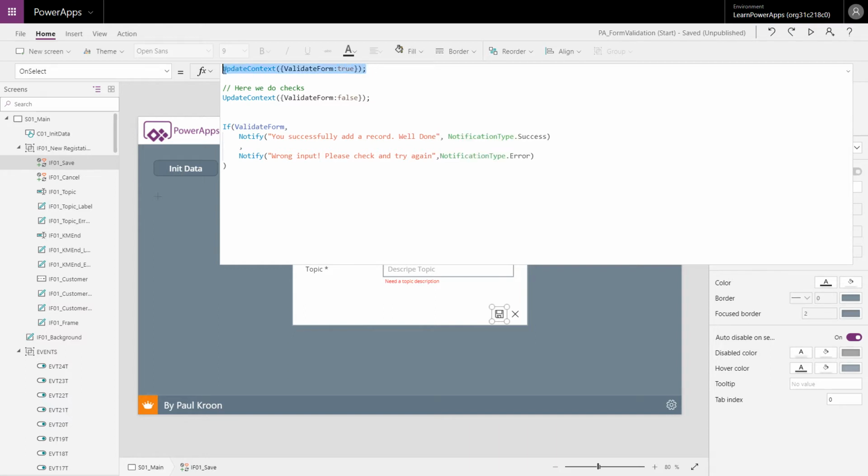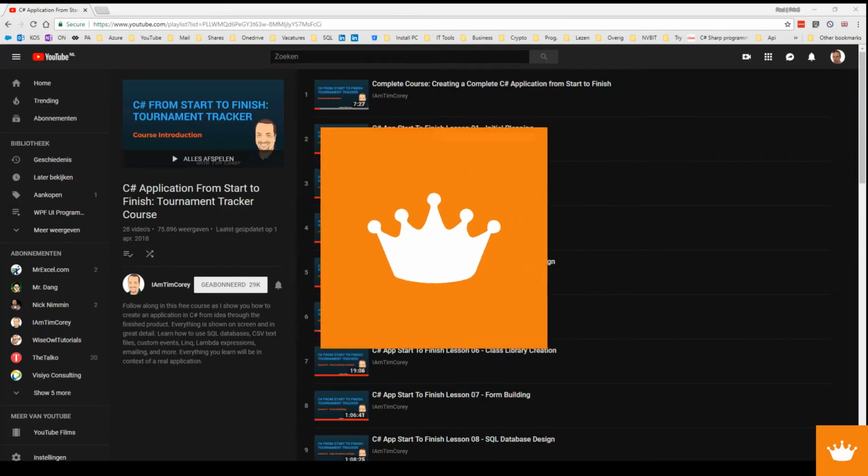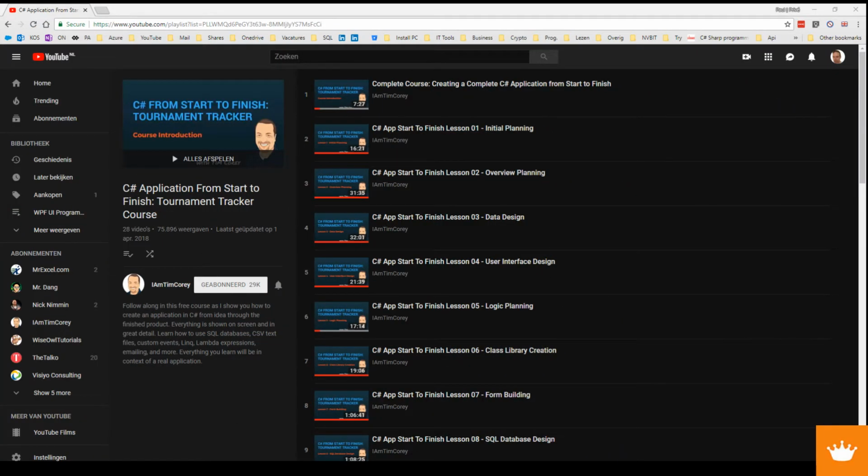Now let's look at the concept we're using here. We first put in our validation form and set it to true. Then we're going to do our checks. And if our checks are not valid, then we're going to set the validation form to false. Then we're going to look if the validation succeeded. If so, we're going to do a notification, so we simulate that the record is added, and if not, we're gonna give an error message to the user. So this is a very good concept, and I learned this from Tim Corey,